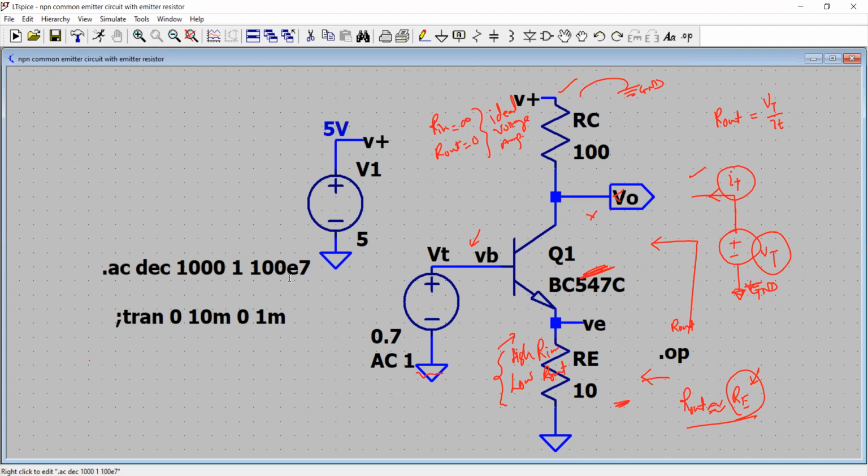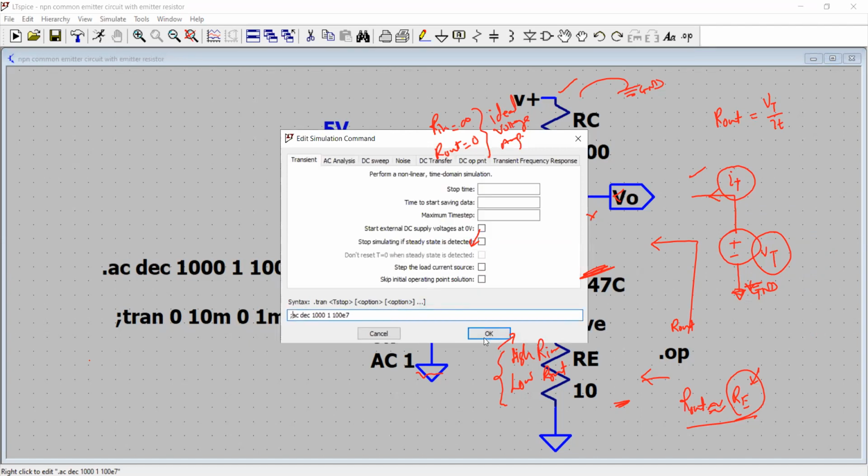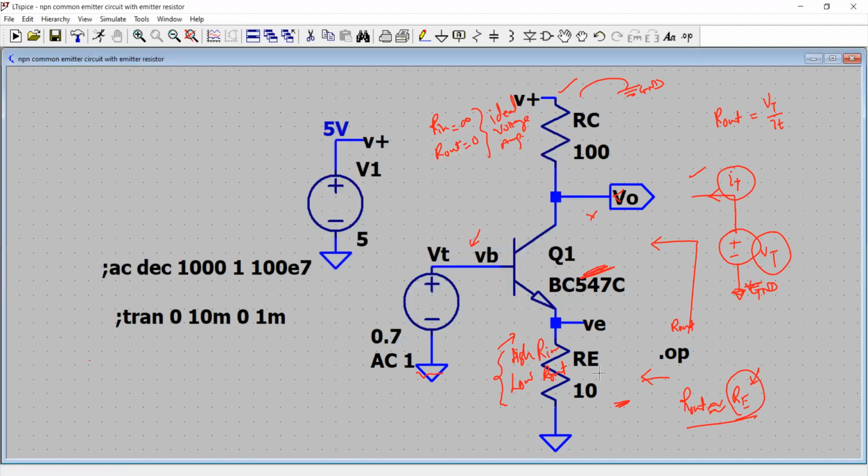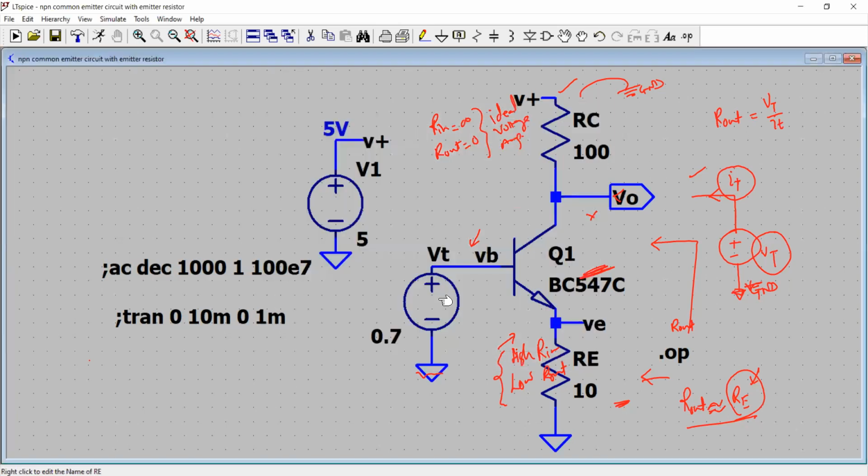So we need to simulate the circuit for the operating point. Click the AC, disable it for a moment, click OK, and then I have output analysis enabled here, the OP analysis actually. For that, I need to get rid of this AC voltage source also. You don't need an AC voltage source here. So click OK. Now this is a purely DC circuit and we'll click OK and see what is the voltage